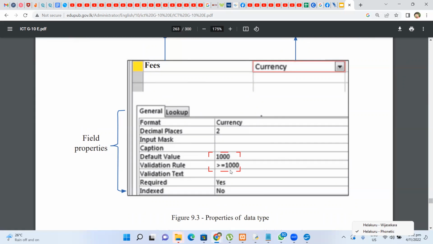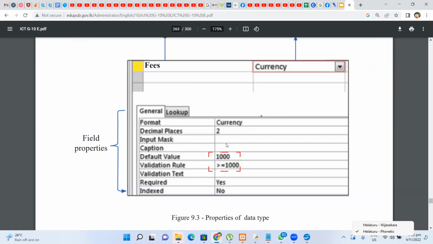That is the thing. This validation can be done in Excel also, but this is more accurate and a very efficient way of applying that. Then to this database, if someone is entering the fee, it will only support values above or equal to 1000. And it is required. Definitely you need to give it. That is what the required property says. So this property says it is currency. This property says it is decimal. And input mask also, if you want to give an input mask, means when you type, sometimes you have seen